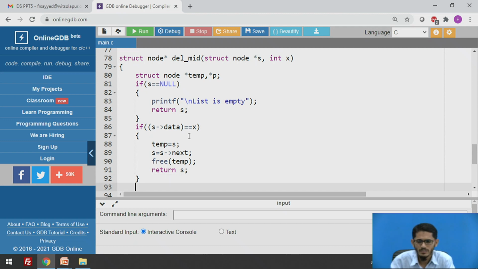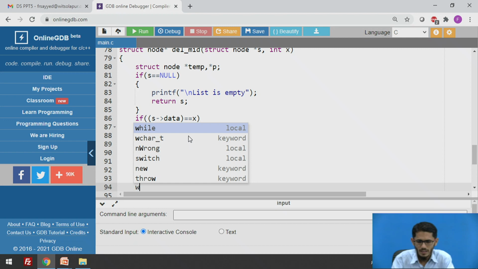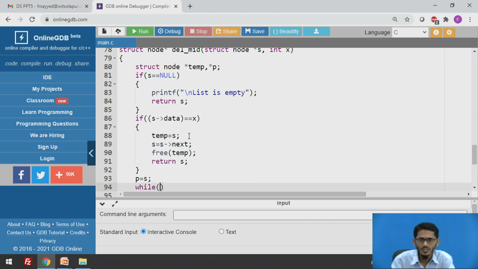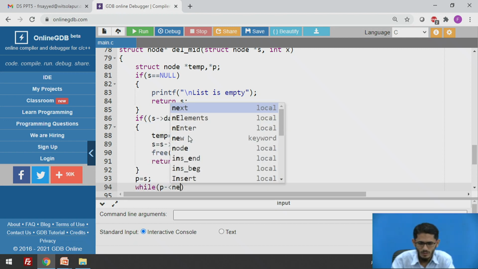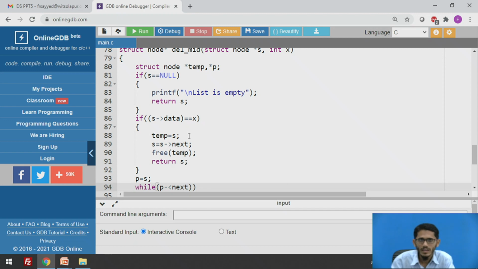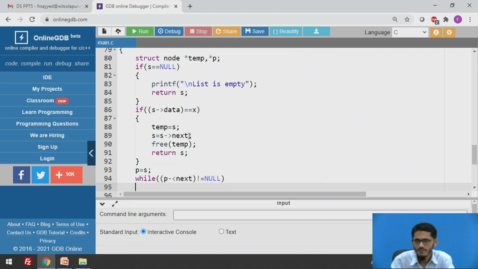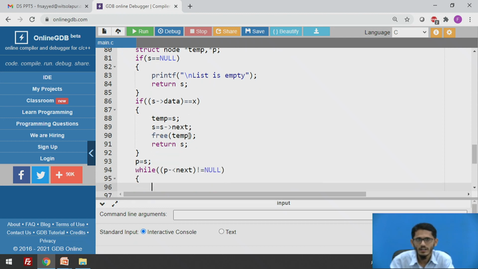If that is not the case, it tells me that the first element is not the element which the user wants to delete. So now I need to take another pointer p to have the start pointer value in it, and then I'll check, while p arrow next is not equal to null, I'll iterate through the linked list.